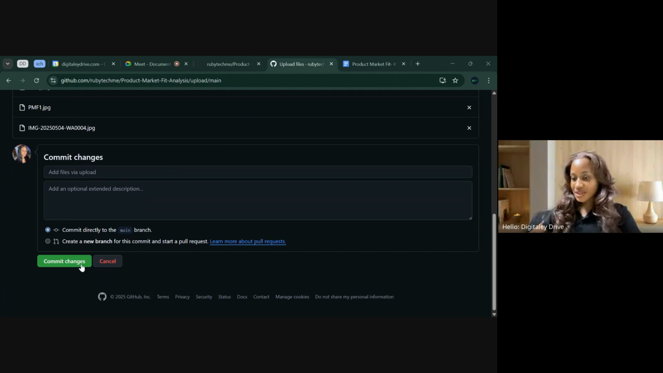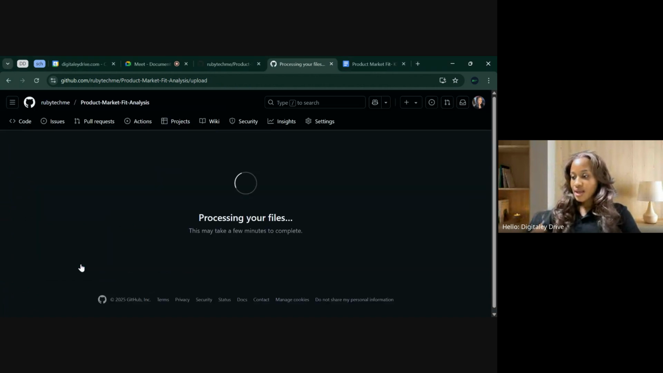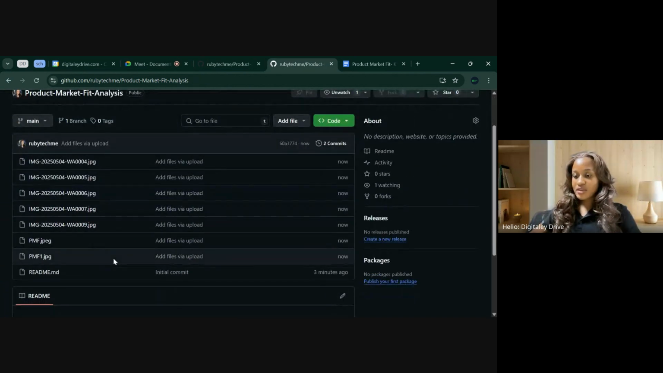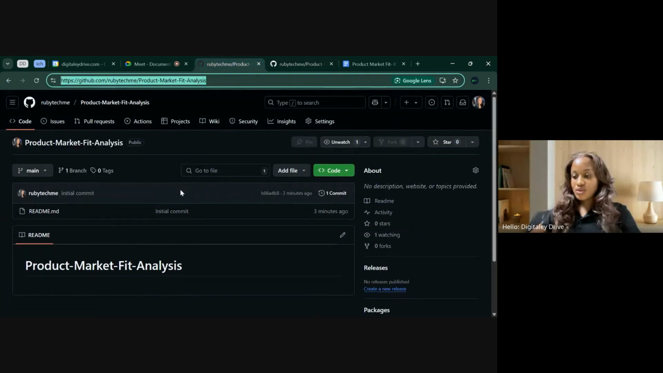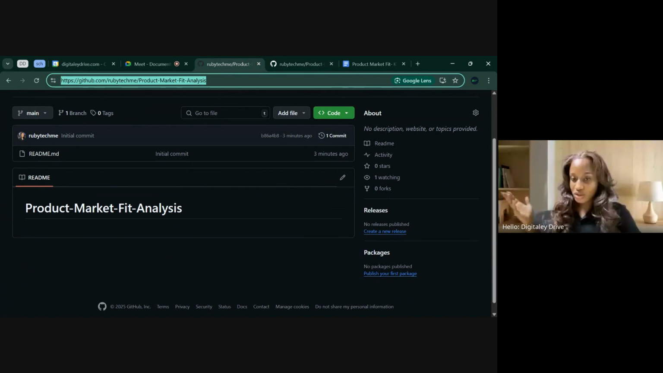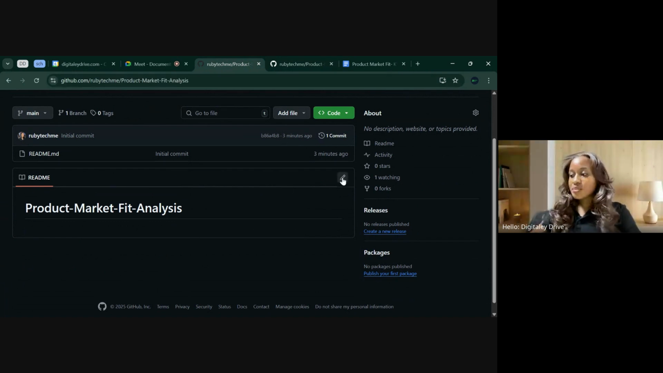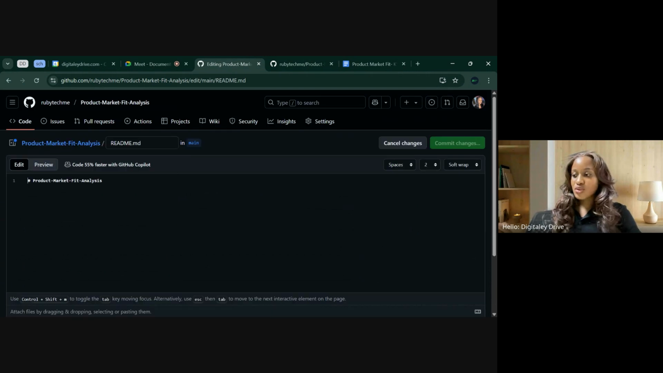We're good, honestly. So I'll commit changes, and then it processes my files, and I can see all my files here, right? Then I go back to the exact place I'm documenting and start my documentation. Once I click on this edit button, I'm able to edit it to my specific taste, right? That's the beauty,